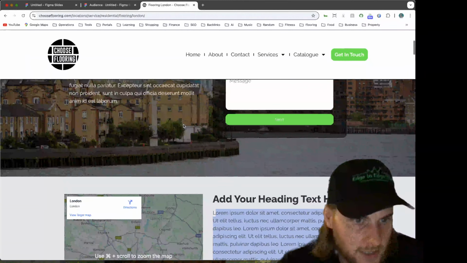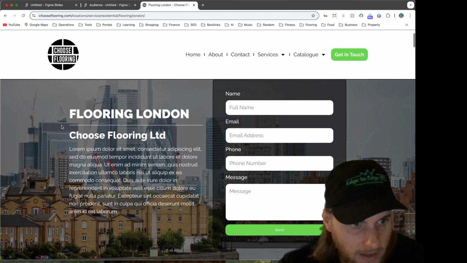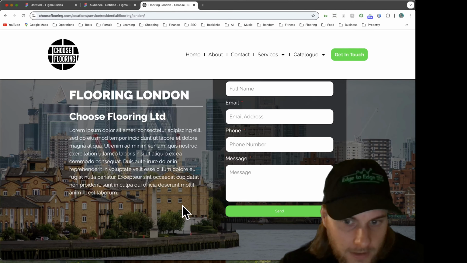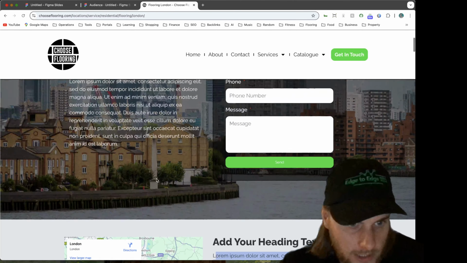These make a big difference. Images make a huge difference to a page. Like if you're targeting Liverpool or London, make sure there's a picture of Liverpool or London in the background on the header. And it's not just the images, but it's the order of the images as well.